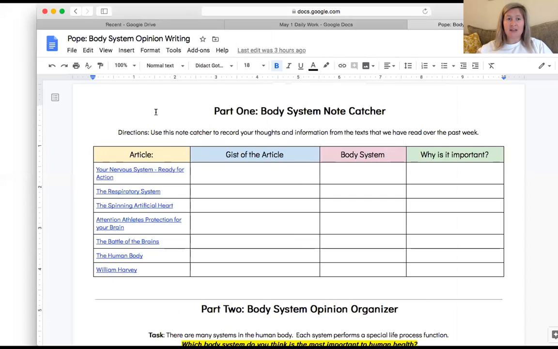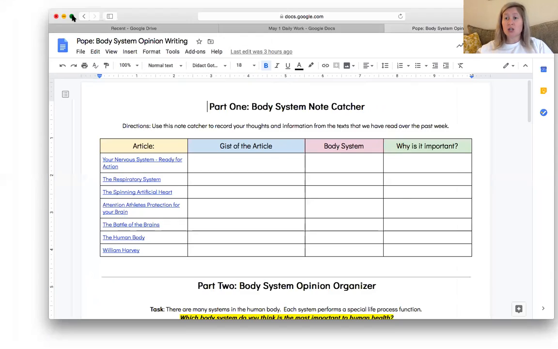The first thing you're going to notice in Google Classroom and Canvas is you have two documents that have been shared to you. One is your normal daily work, okay? And what you'll notice at the top is it says for reading, you need to complete part 1 of your performance task. Now, we've done performance tasks in class. Those are usually our writing narratives, okay? So we're going to start putting together pieces for us to be able to write a narrative on the human